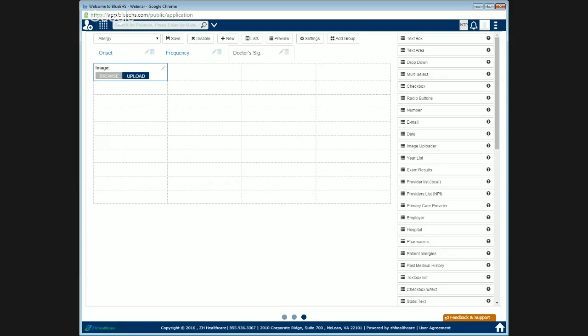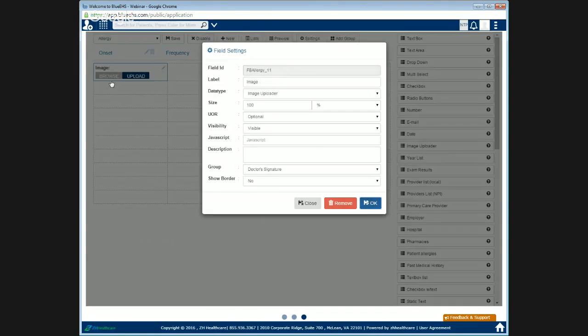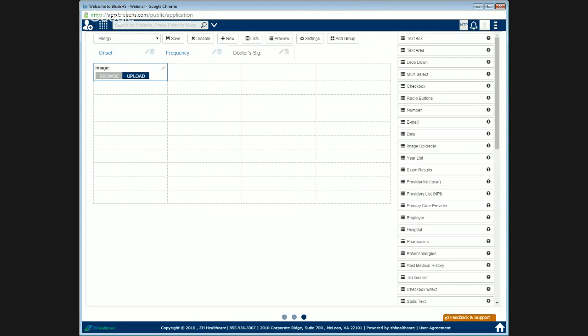I will go into pictures and I can just put it in here and click on upload. The image size is bigger than the